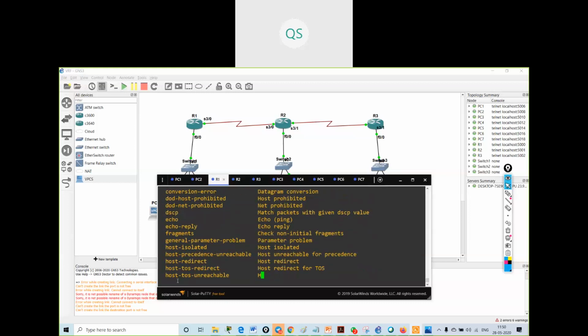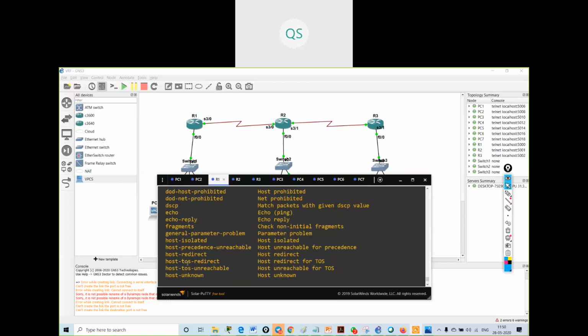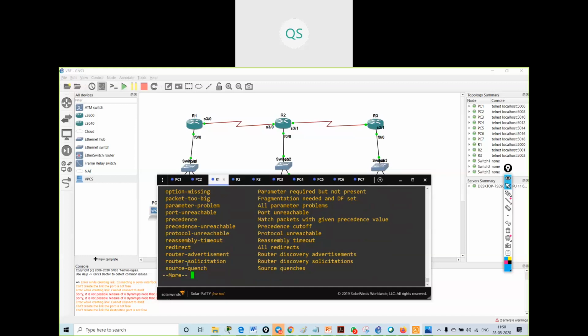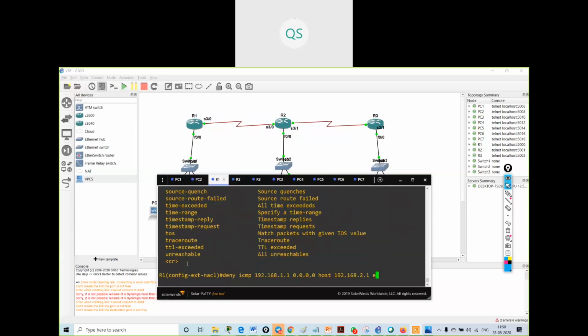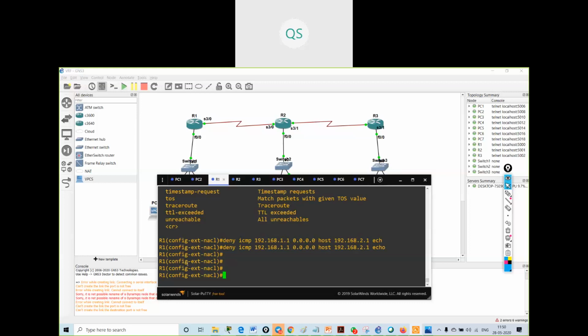Then what? Echo and echo-reply. I can give both, or I can give only one. I will give echo. Okay, I've configured this.